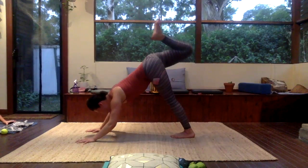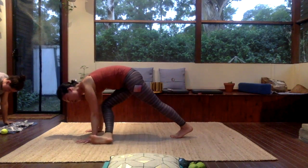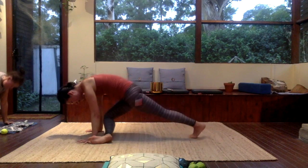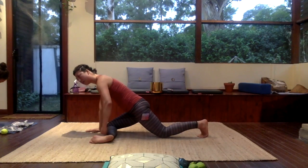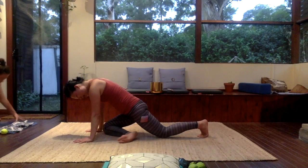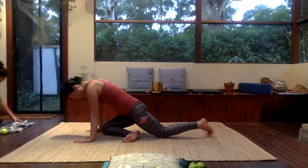Right knee draws towards right wrist. Right ankle behind left wrist. Shuffle that back leg back. Trying to create a nice parallel line with the front leg. If it's not quite making it, just allow the heel to drop a little closer to that left hip. When you're ready,